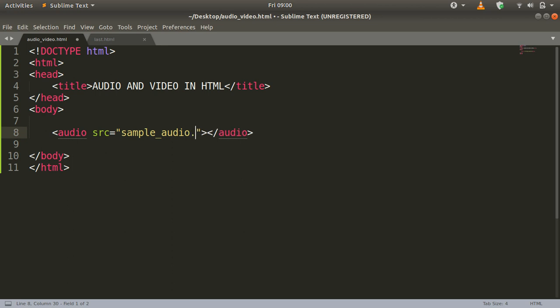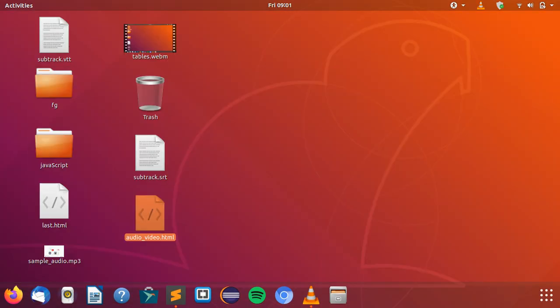So in our case we are going to use .mp3, and also there is an attribute, which is optional depending on your choice as you want to use it or not, which is the controls attribute. So what it does is it allows us control over the audio file, as when we want to start, when we want to pause the video. So you can use it like this also, like controls, and you can also sometimes see that some developers use this value controls inside controls. So what it does is it is going to show us a player in our web page. Let us see.